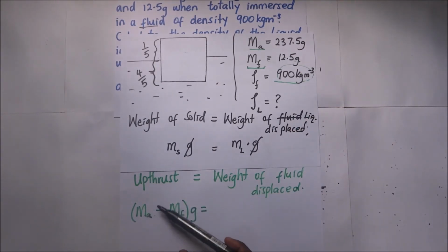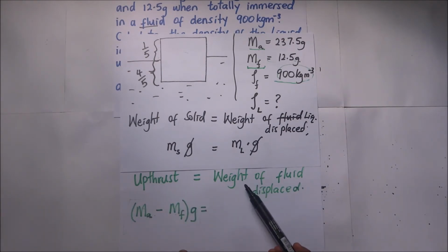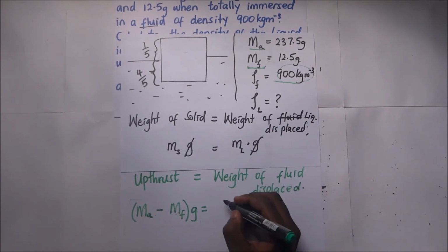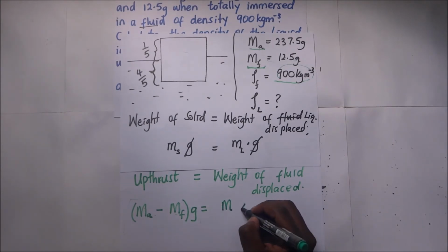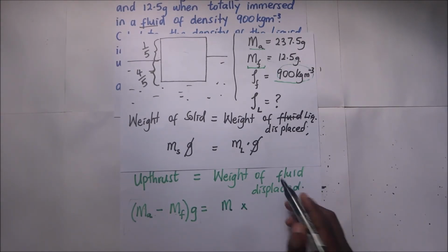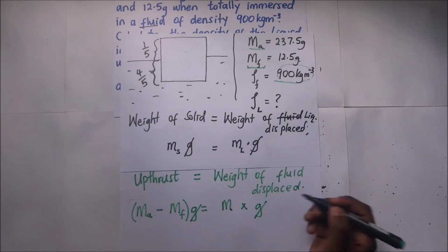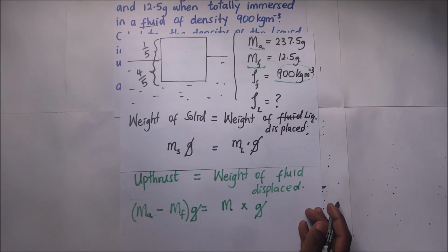So it's the same as saying the mass in air minus mass when it is immersed in the fluid, times gravity. This is the upthrust. It is going to be equivalent to the weight of the fluid displaced. Now the weight of the fluid displaced is going to be given by the mass of the fluid multiplied by gravity. Now of course the g and the g will cancel out, and so we shall remain with